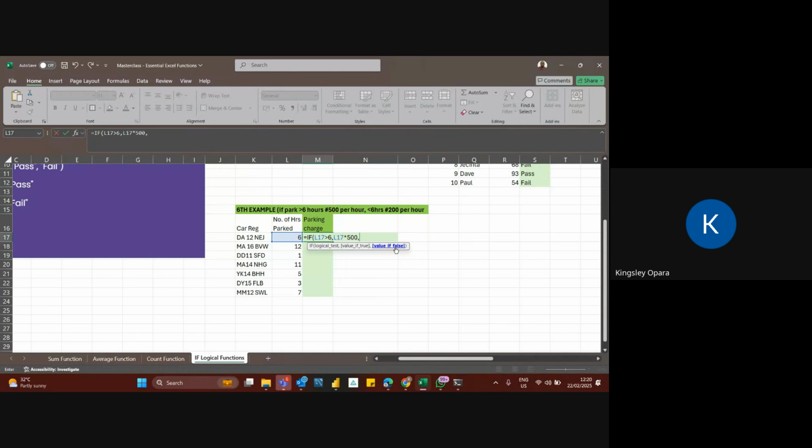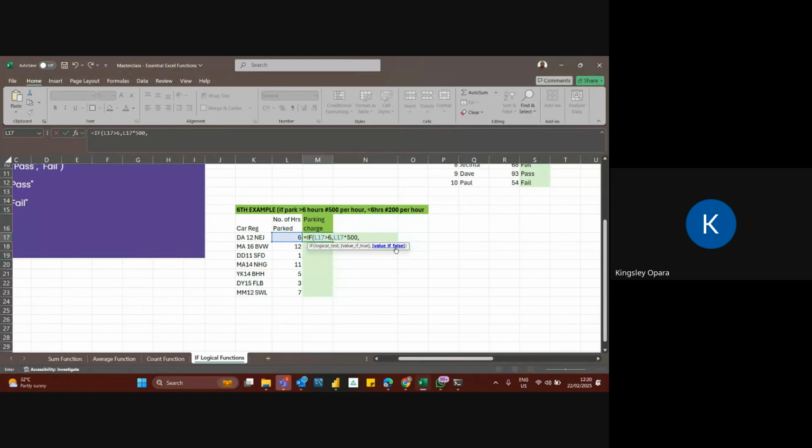What's the meaning of value if false? Now it means the other end of the logic, which means if it is now less than 6 hours, okay, if it is now less than 6 hours, which means 6 hours itself, the first one is saying greater than 6 hours.